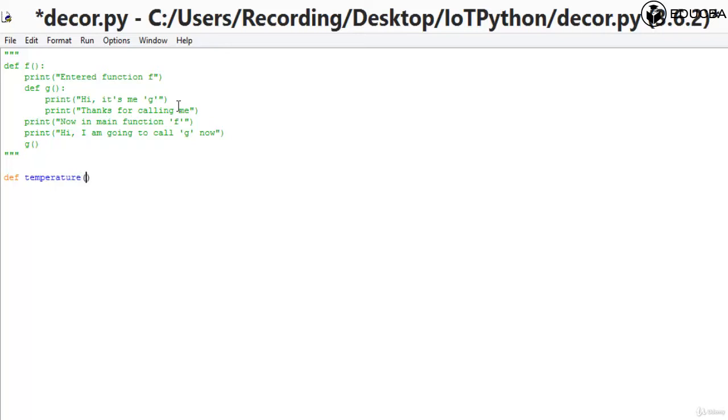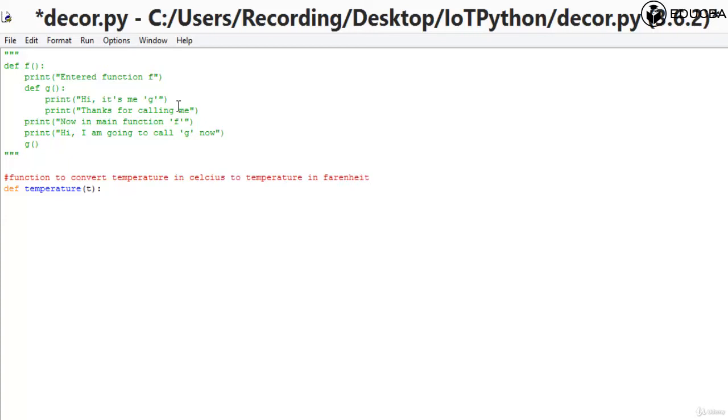Now this particular function is going to take temperature T, and this temperature is going to be, let's say, in Celsius. I need to convert it to Fahrenheit. So I'm defining a function to convert temperature in Celsius to temperature in Fahrenheit,